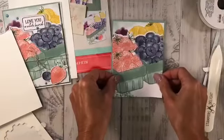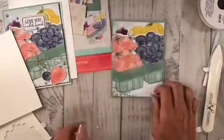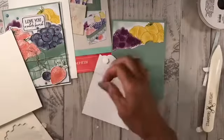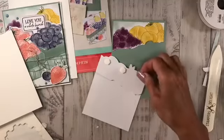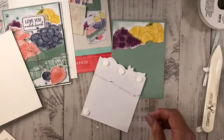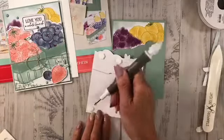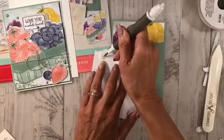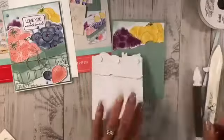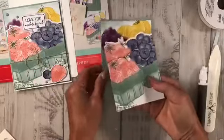Now this is more three-dimensional. And that's going to go right up there. So you can see that it's layered. This piece also is going to have dimensionals on it. And also the bottom. So this is actually going to layer right on top of there. But I want to put some twine on there first. Should have done that first, but...